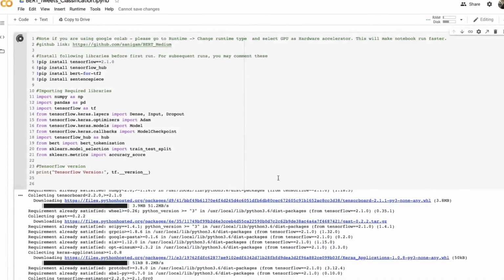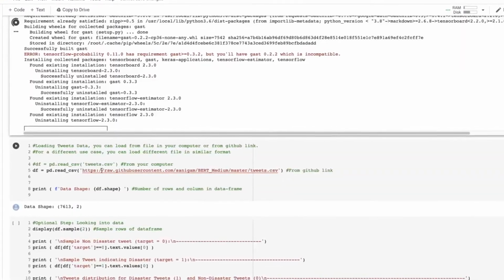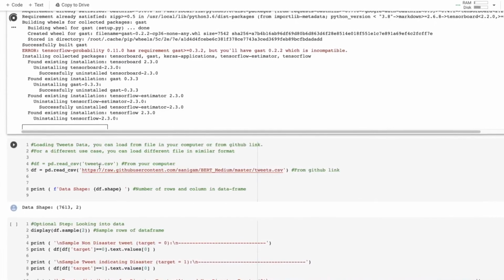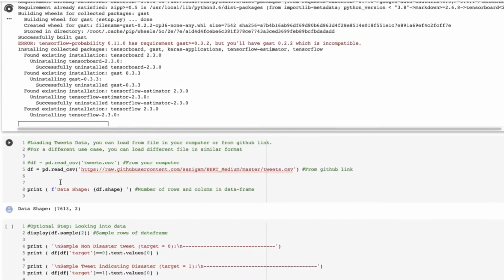Okay, so let me cancel this. Okay, so as it is running, let me explain a few more cells. In the first cell, I am loading this tweets data into a data frame. You can load this data using a CSV file. Right now, I'm using it